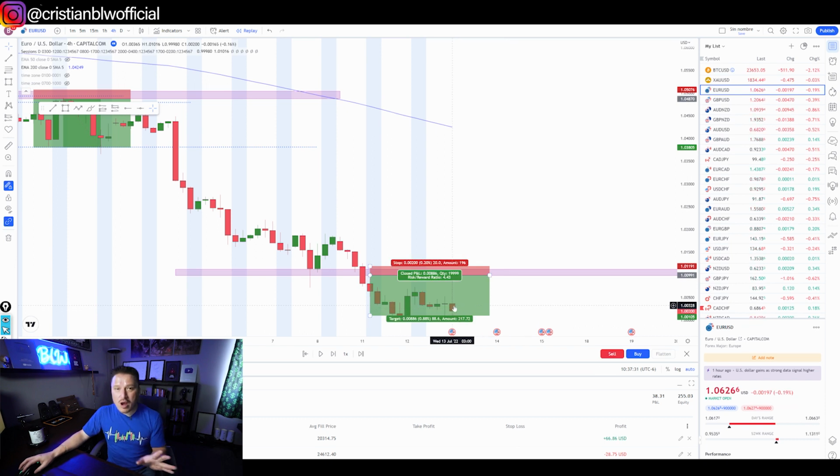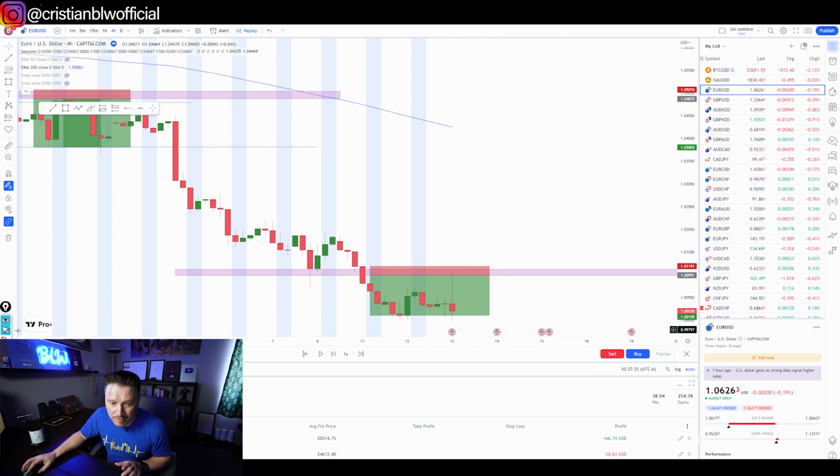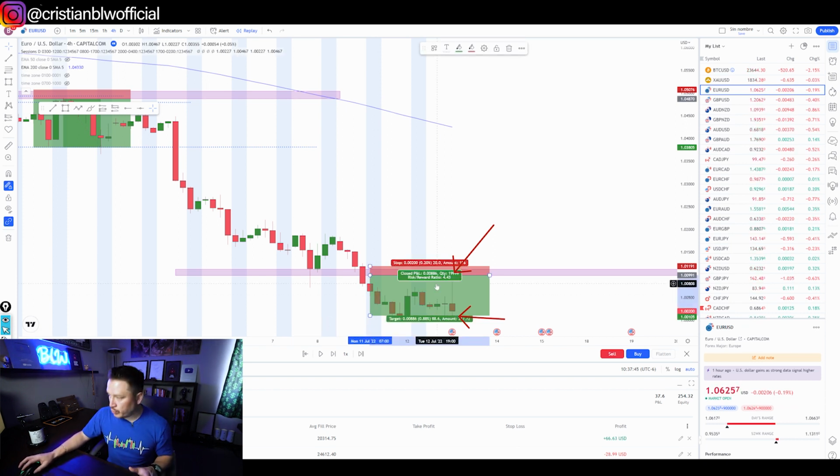This is a 4-hour trade. It touched the level right here. It literally almost didn't even go higher than this. And boom, the same candlestick touched the take profit level at 443. This is a powerful entry, okay? Now, I know it sounds complicated and I know it might even sound confusing, but the point of this specific strategy is to actually master the sniper entries, okay? So hopefully that makes sense.